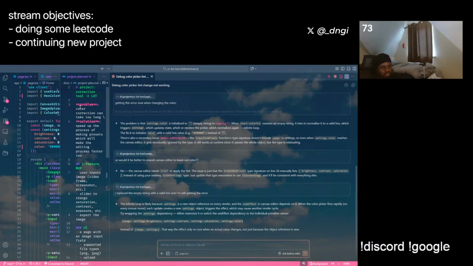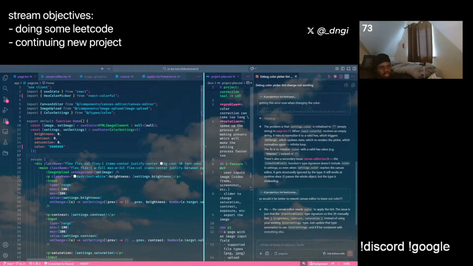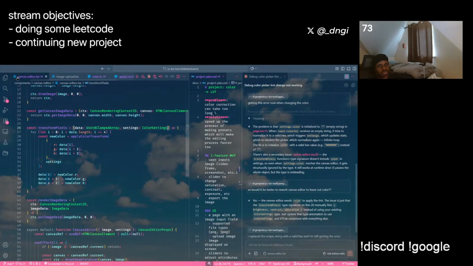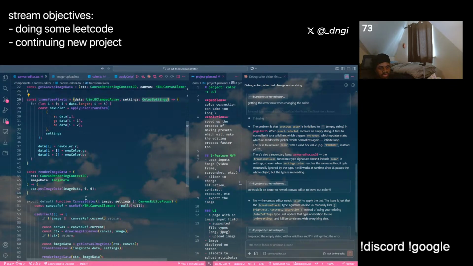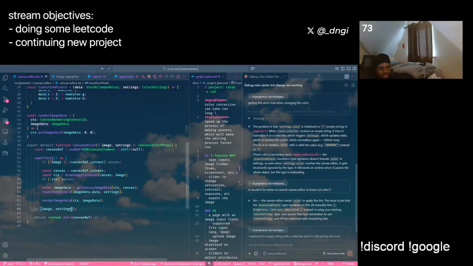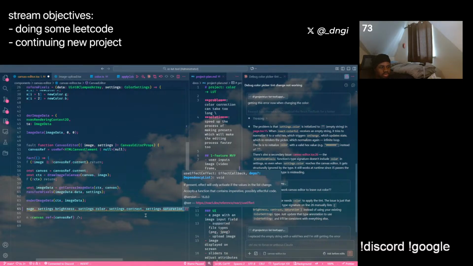See, that's what I was trying to do. See, I had the right idea. Still, is that really gonna resolve the error though? That's what I'm thinking. Let's see. Because we have our useEffect hook, I'm thinking that if I had brightness, contrast, saturation settings, even though it's obviously giving me this error,